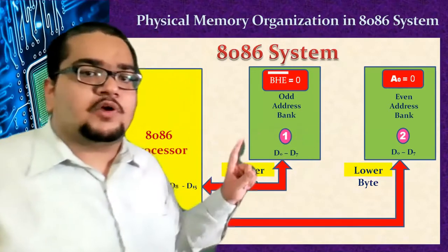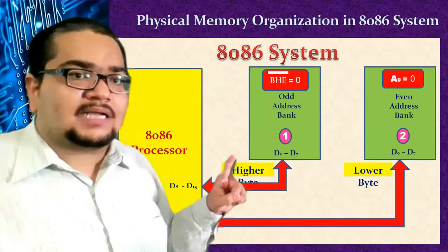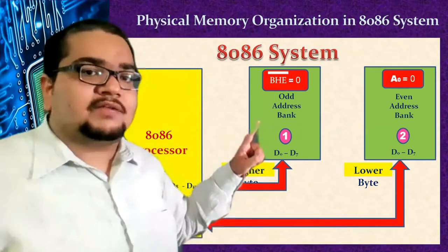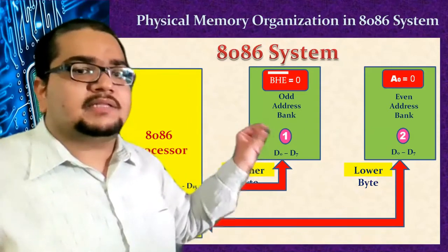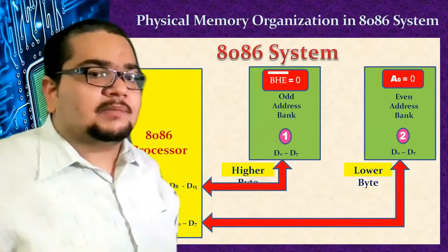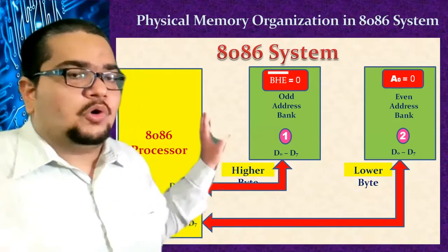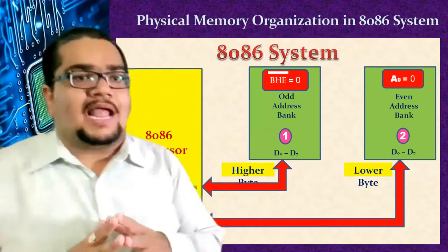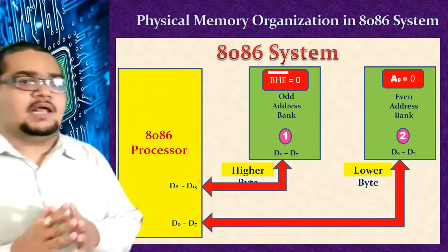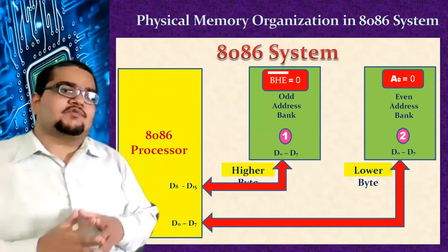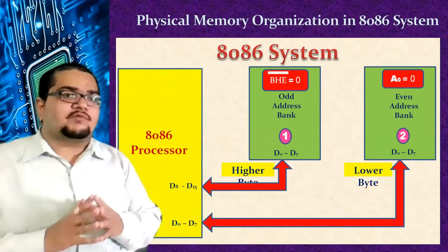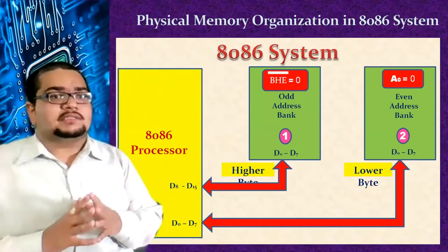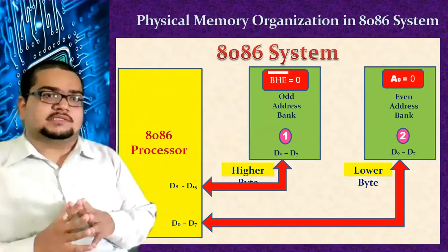If your 32H hexadecimal 8-bit data is not available in the even bank but is available in the odd bank, at that time you will activate this chip select, and from here you will take that 1 byte of data from the higher byte bus into the processor. So our 8086 system provides access to 16 bits of data altogether or 8 bits of data also. And 8-bit data may sometimes be located at an even address, or other times at an odd address.